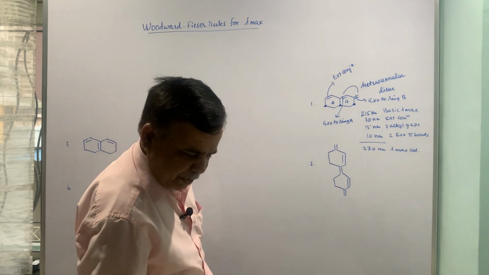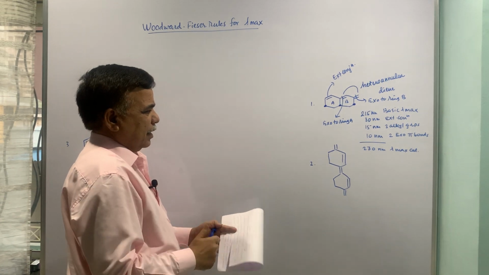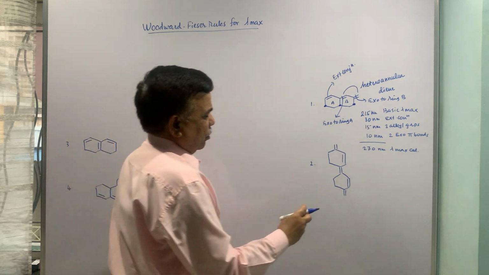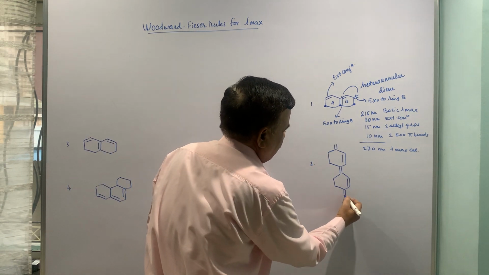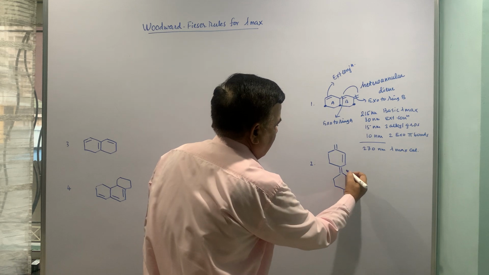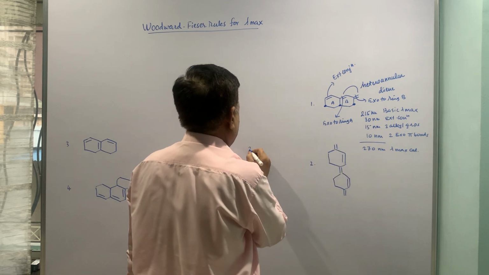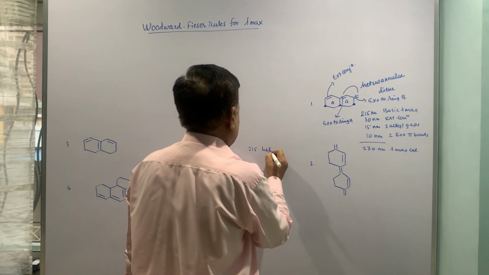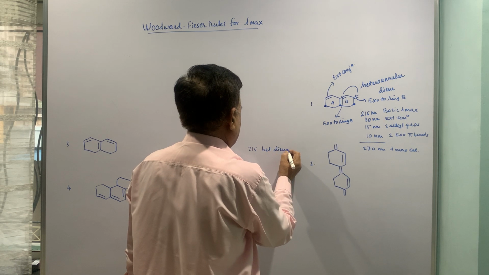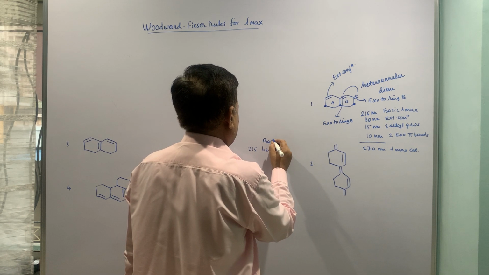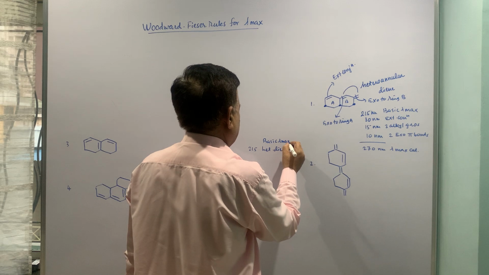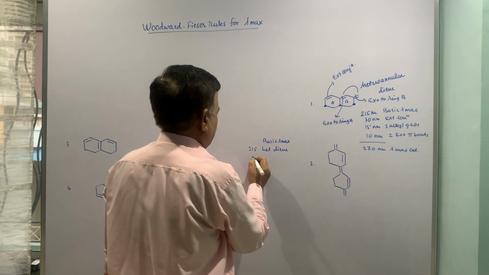It is generally not asked in BSc, but for practice it is a very good example. So I can consider this as a heteroannular diene, 1, 2, 3. So 215, this is the heteroannular diene, the basic lambda max for it, and then 3 double bonds in conjugation,